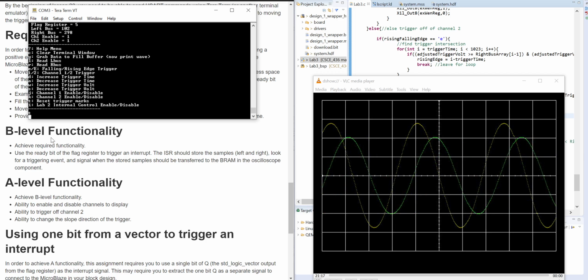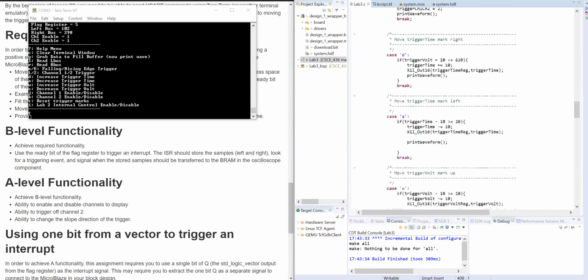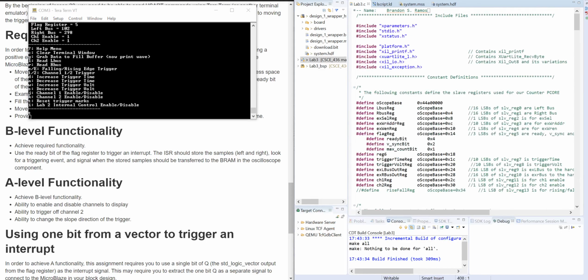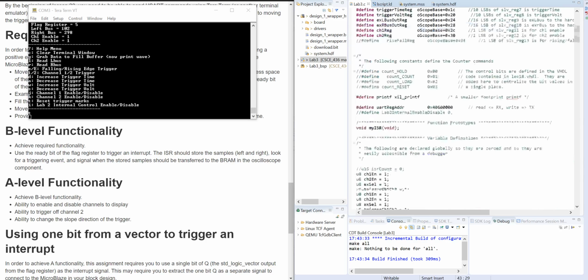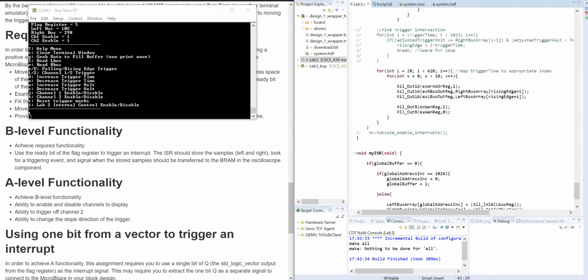For B level, we need to do everything we did previously and then use the ready bit for an interrupt, which is what I do here. In my registers, I have a register flag which is on slave register 5, and the third bit, or if it's 0 index, the second bit, which is the ready bit, and we're calling that 0x04. If I go down to the ISR,